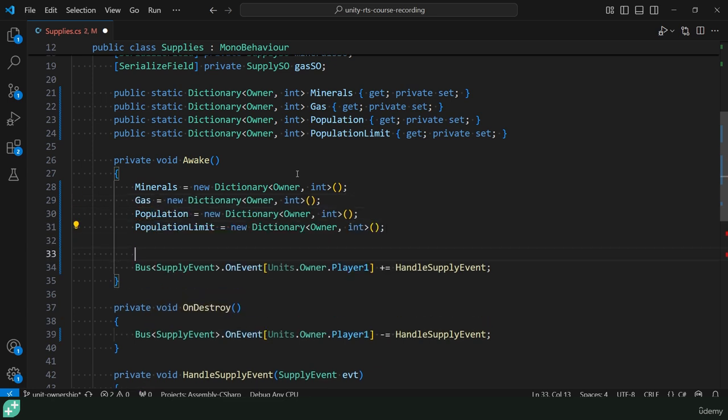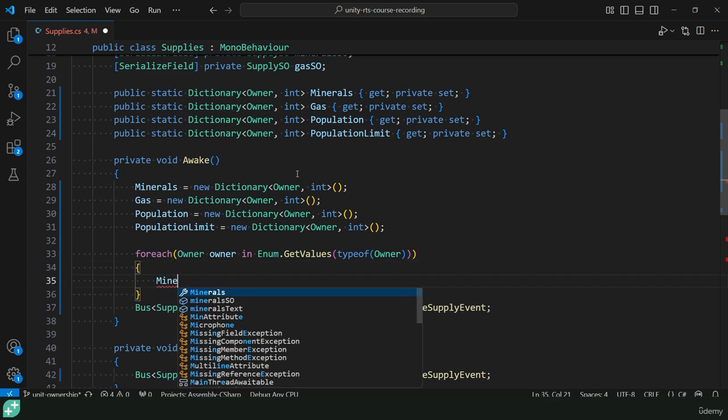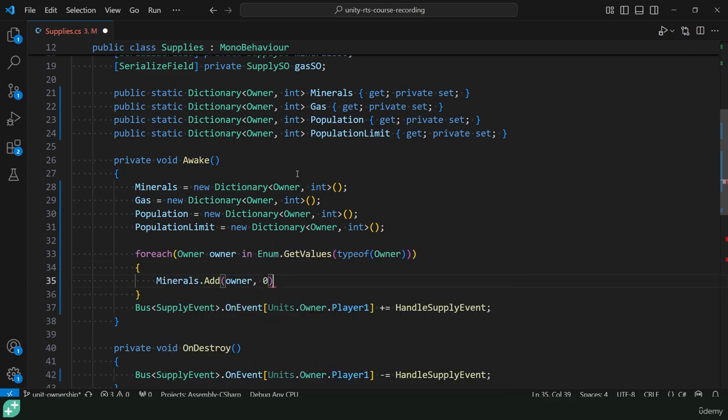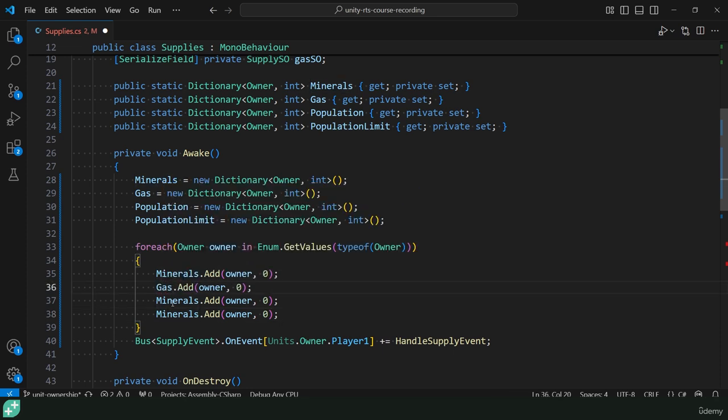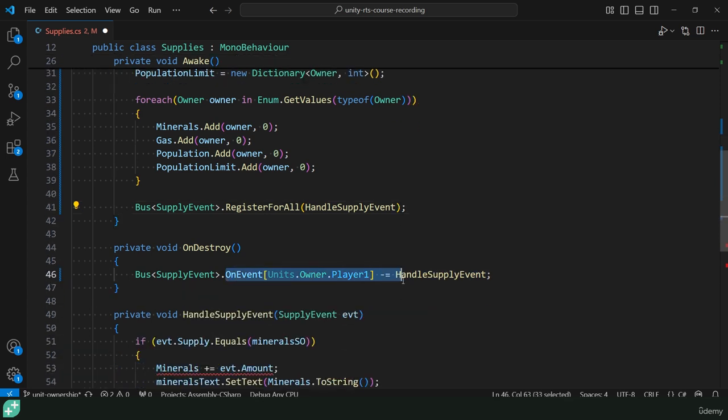And then exactly like what we did on the event bus, to register all and unregister all, we can do for each owner in Enum.GetValues type of owner. Then do minerals.Add owner, and then give it a default value of 0. Gas.Add, again, the owner, and 0. Population and population limit, the exact same thing. Once we've initialized all of these dictionaries with all of the owner values, we can do bus of type supply event dot register for all handle supply event. And then on destroy, instead of just unregistering the one, we do bus of type supply event unregister for all